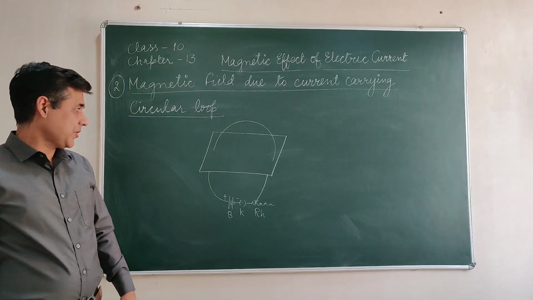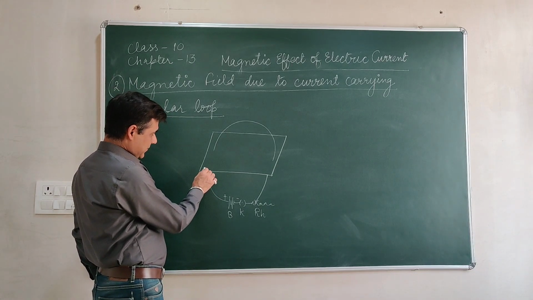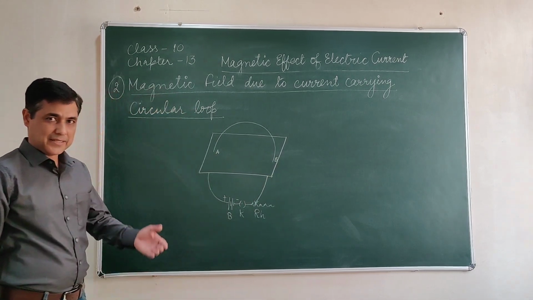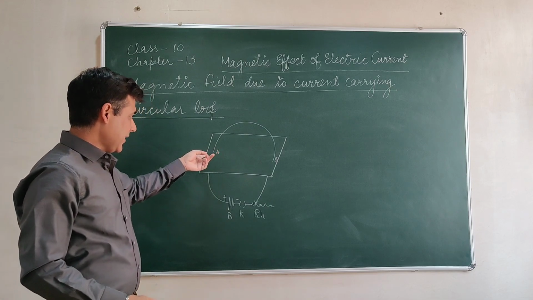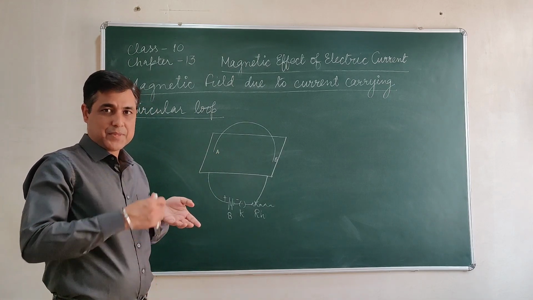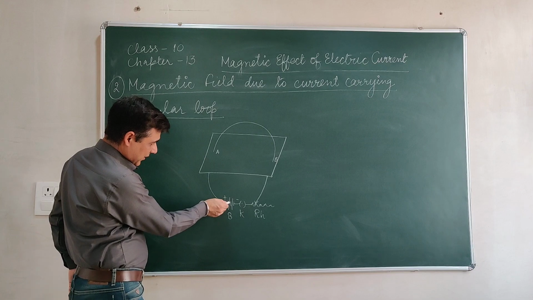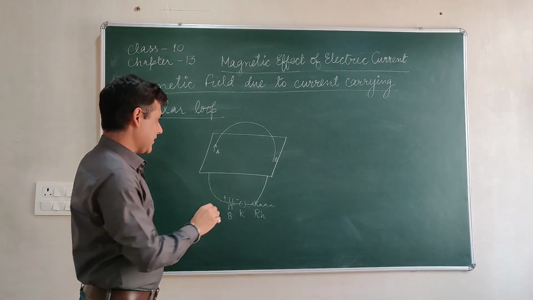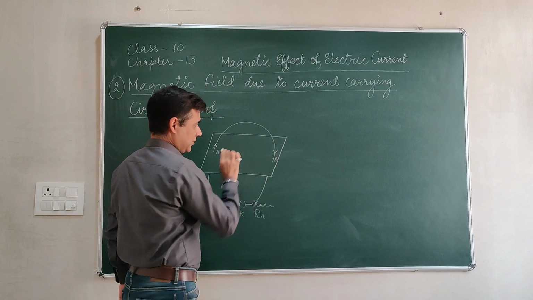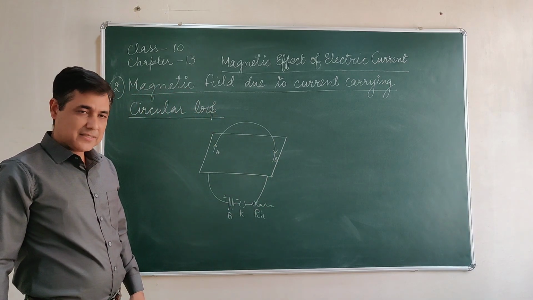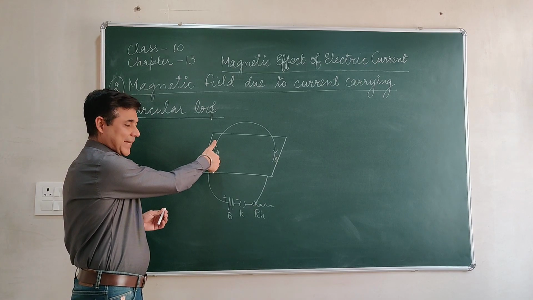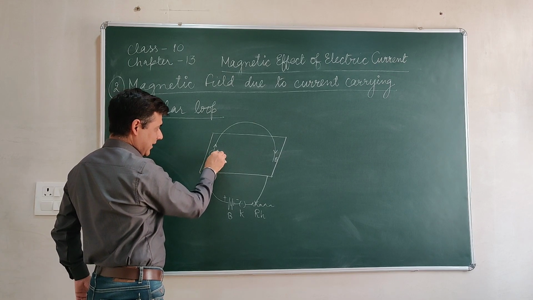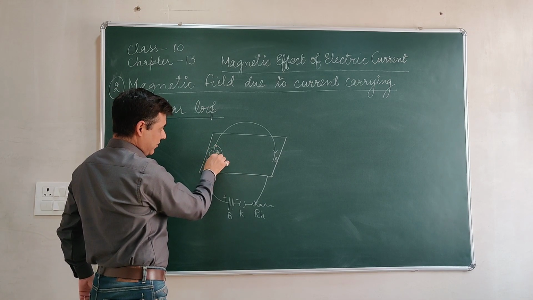So the same thing that we'll be looking over here, direction of current. If I take this as point A and this as point B, at point A the wire is going through this point upward. So the direction of current according to the battery terminal is upward, and at point B the direction of current is downward. By applying the right hand thumb rule, the direction of current is upward, so the direction of magnetic field is anti-clockwise at point A.